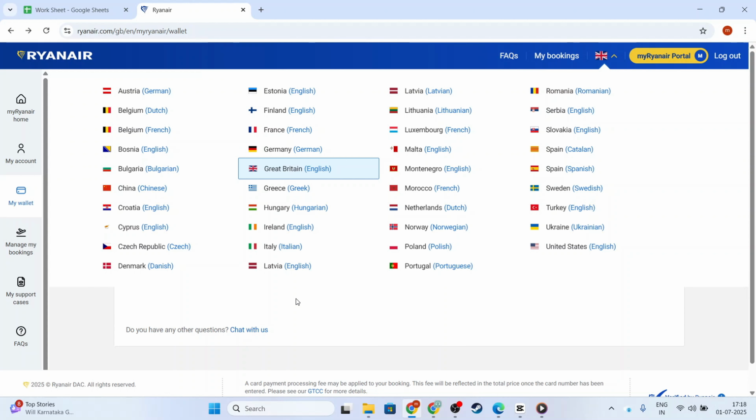With this knowledge, you'll be able to navigate Ryanair's site with ease and efficiently manage your booking expenses. Whether you're a frequent flyer or planning a one-off trip, setting your preferred currency can help you prevent any unwanted surprise costs and ensure a more transparent booking